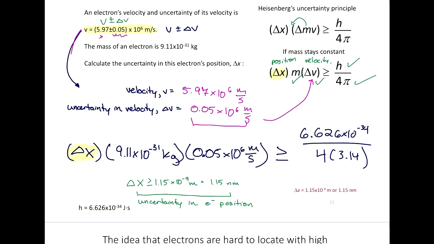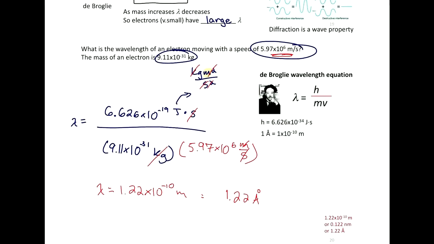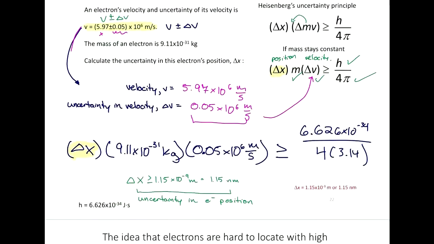Okay. All right, so we left off talking about electrons behaving both like a particle and a wave. And so de Broglie was the first one to really propose this new idea that electrons can be waves, even though they are, in fact, particles. We calculated the de Broglie wavelength of an electron moving at a certain speed, and we see that its wavelength is in the angstrom realm.